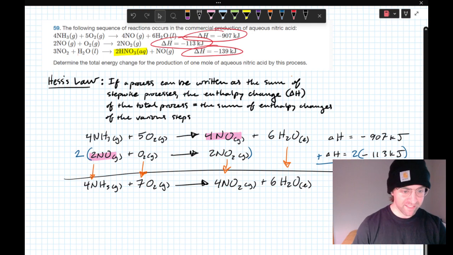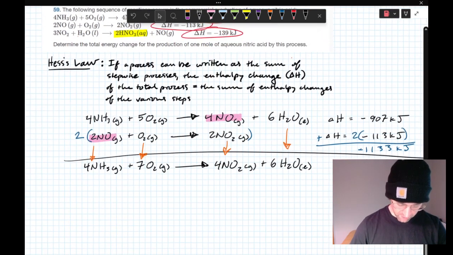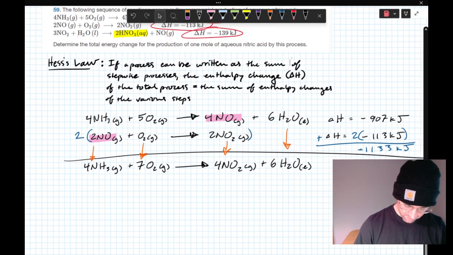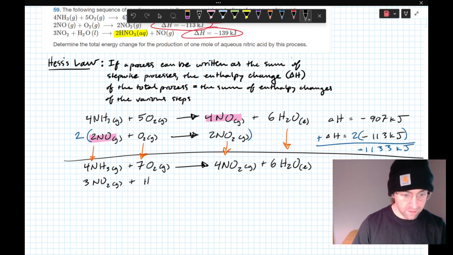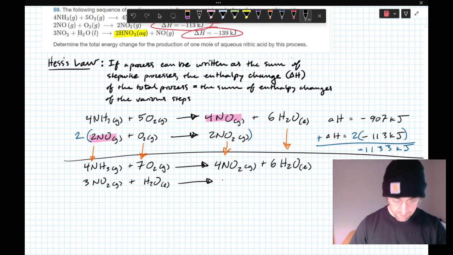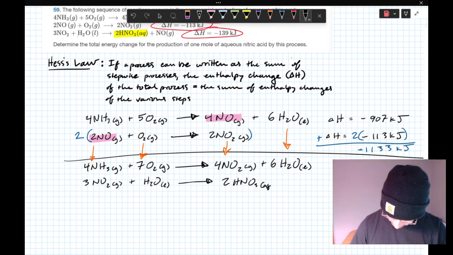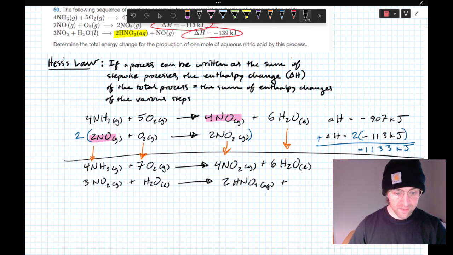So now we're looking at the next step, and we've got 3 nitrogen dioxide plus water goes to, sorry, 3 aqueous nitric acid plus